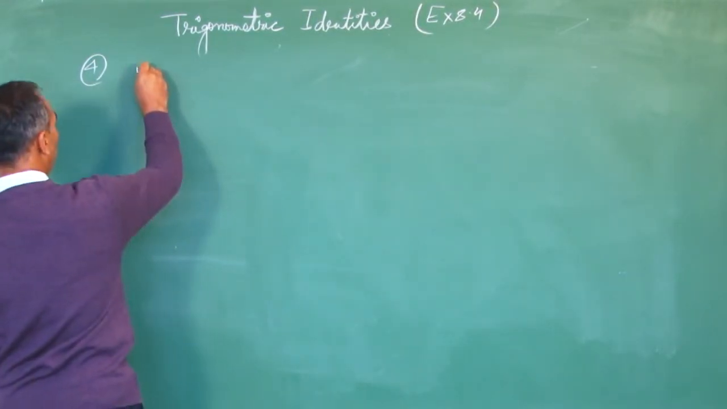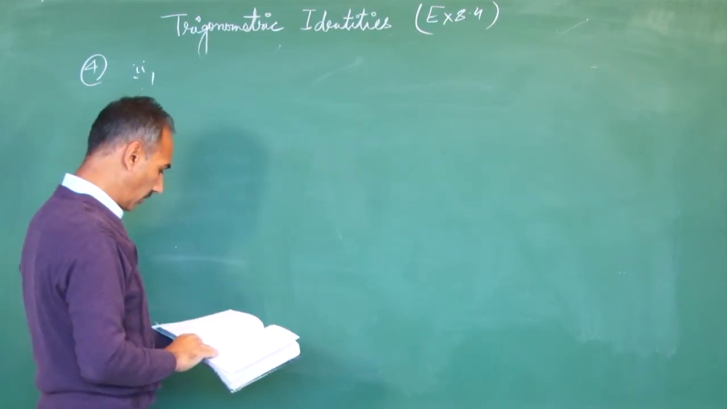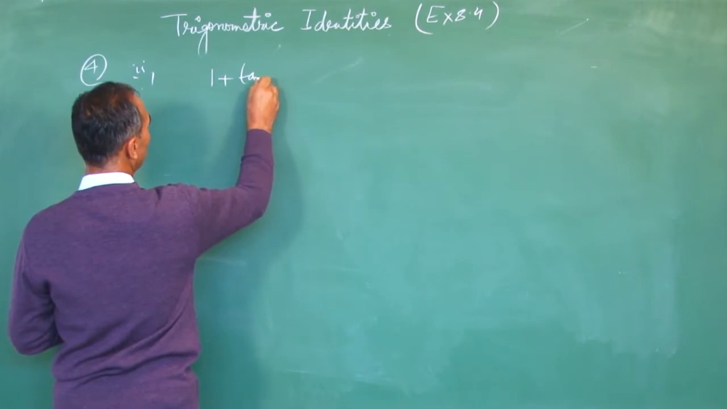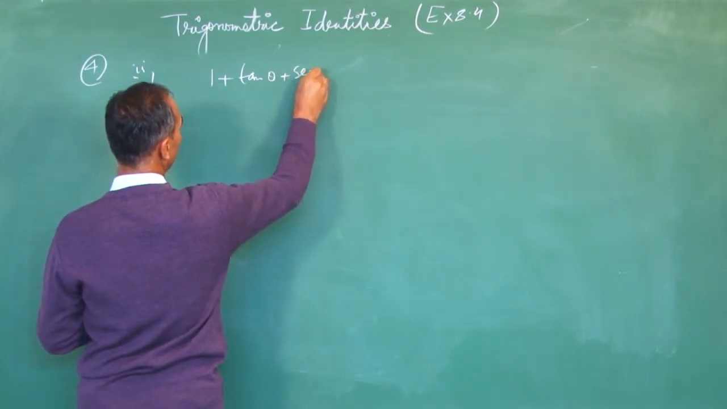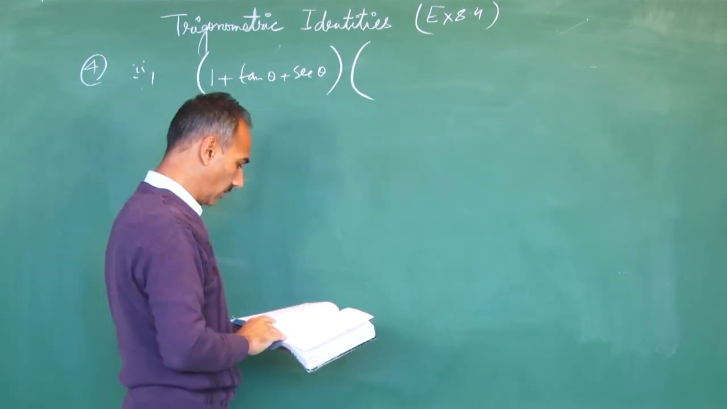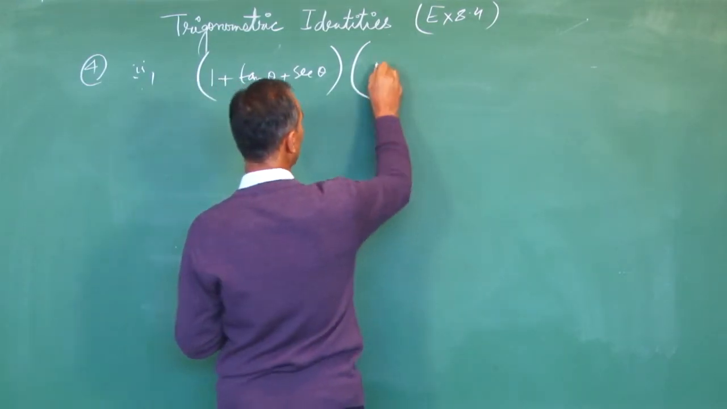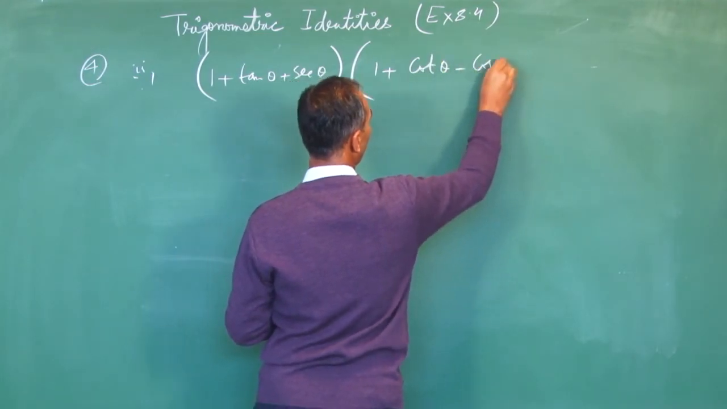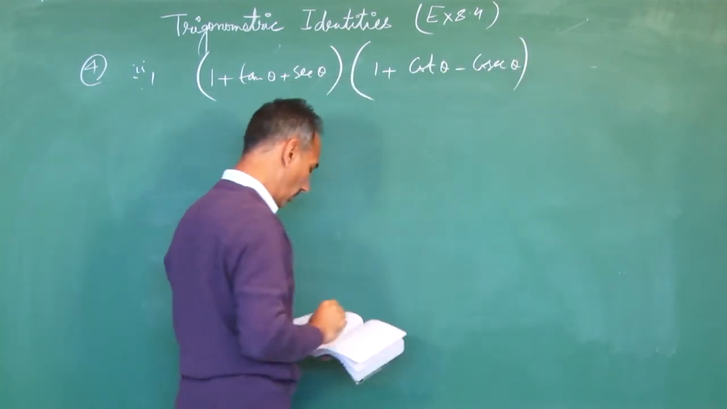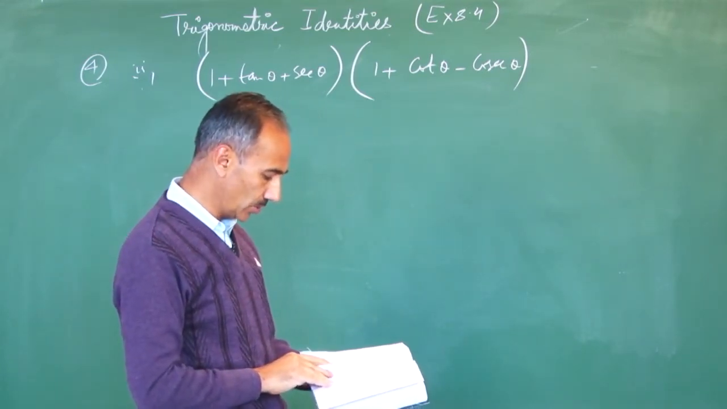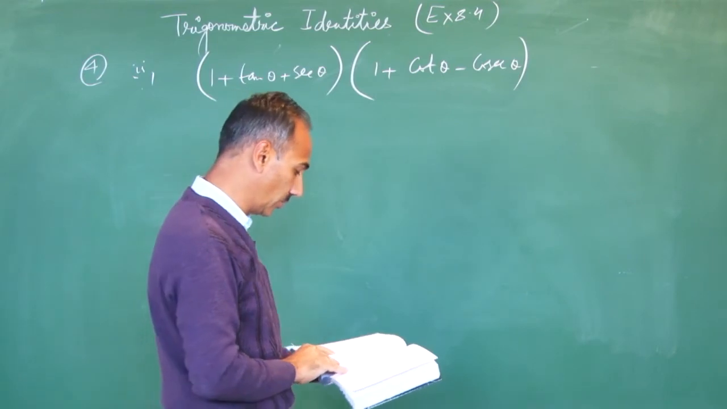This is question 4, part 2. (1 + tan θ + sec θ) × (1 + cot θ − cosec θ). We are asked to simplify it, and you have 4 options: